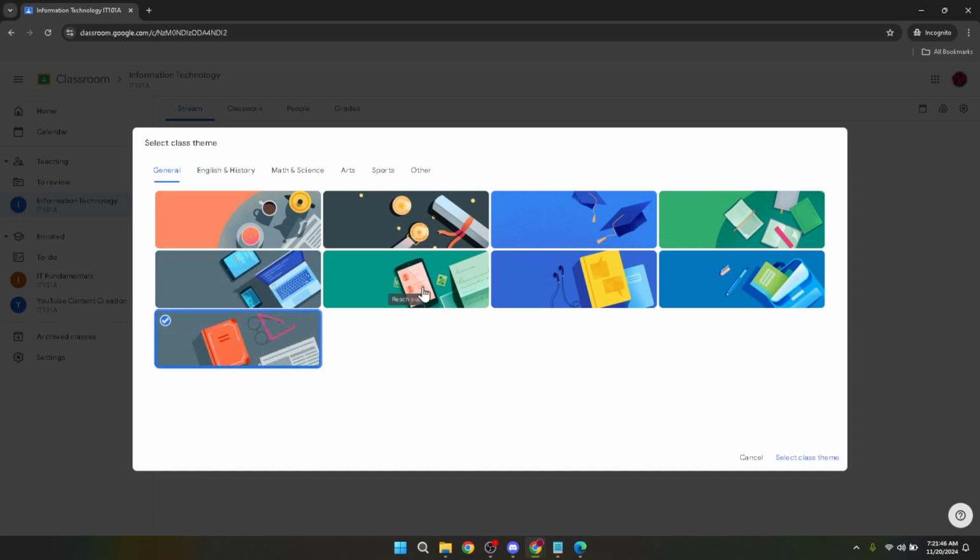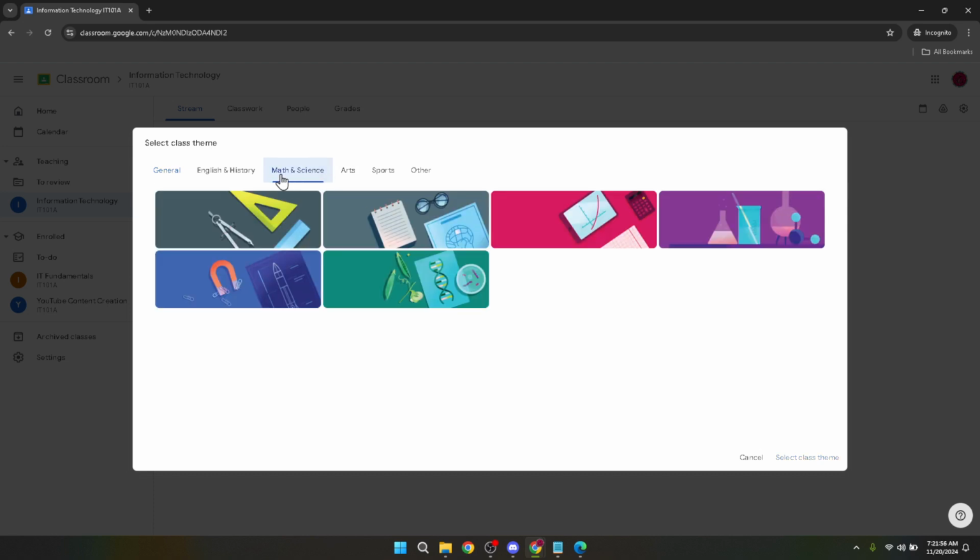As you click on Select Photo, you'll be prompted to choose your banner. Here, take your time to pick a banner that resonates with you and your class's essence. It could be something educational, inspirational, or even just a bit of fun. The key is to choose an image that sets the right tone for your digital learning space. Finally, with your chosen banner ready, it's time to seal the deal. Click on Wavy Foi. This action immortalizes your choice, revamping your classroom's look and feel with something that's distinctly you.